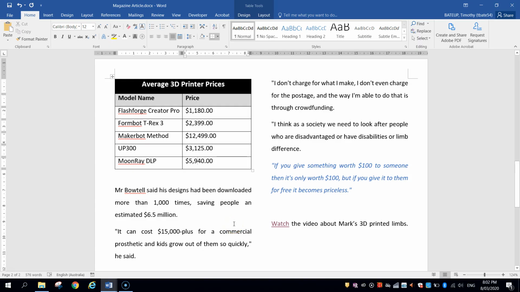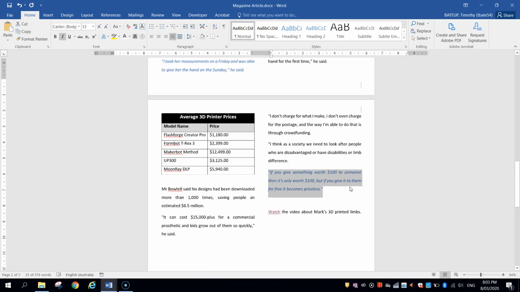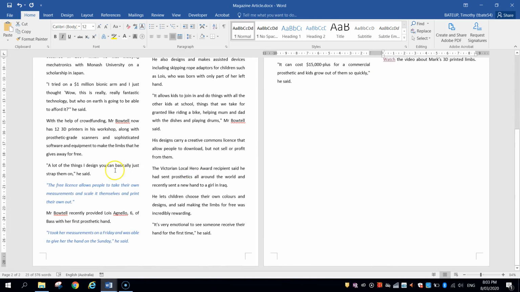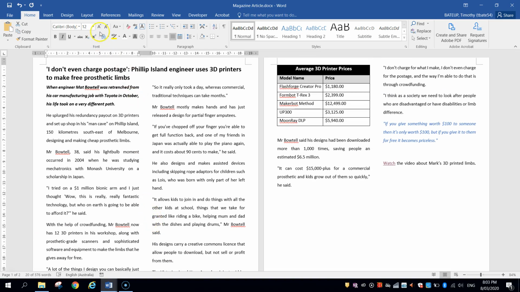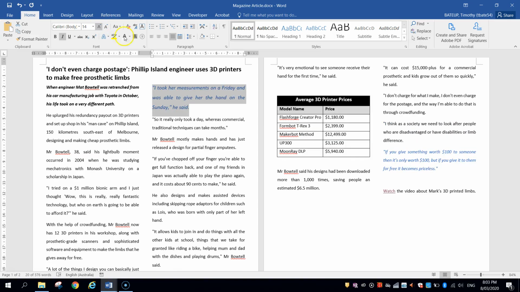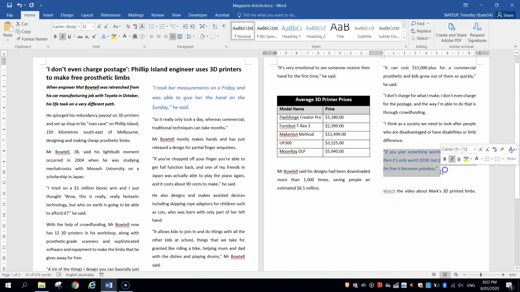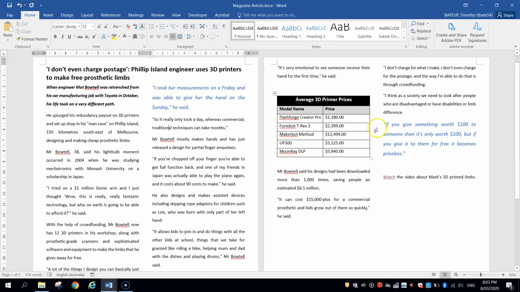Alright, our next task, what I'm thinking is this blue writing that you see throughout the document. There's a few places where you can see that. There's one there, and a couple on the first page. They are quotes from the person being interviewed. So what I'm going to get you to do is just highlight them and bump them up to size 14. So I'm just highlighting them and pressing the little A with the up arrow next to it. That just increases the font size by 1. So I'm going to highlight this last one too and bump it up to 14. So it just makes those quotes stand out a little bit more from the body text.